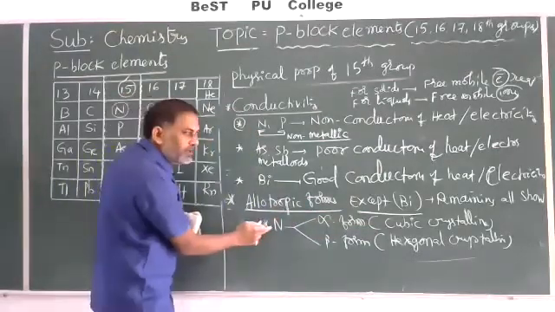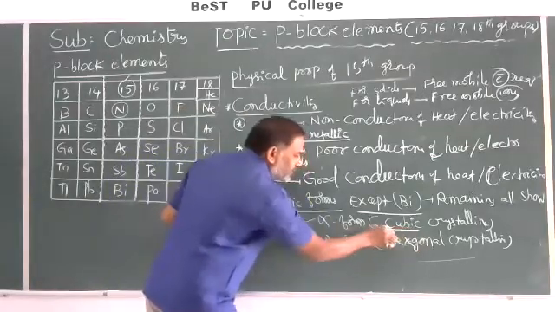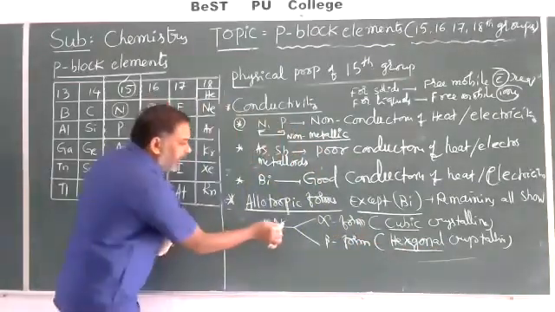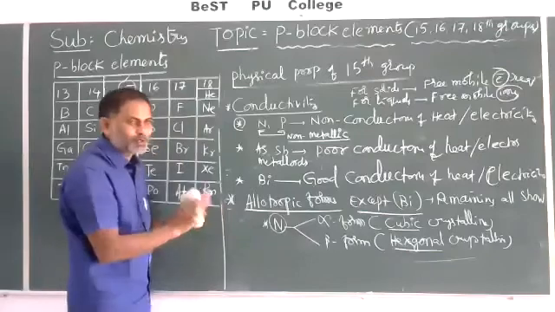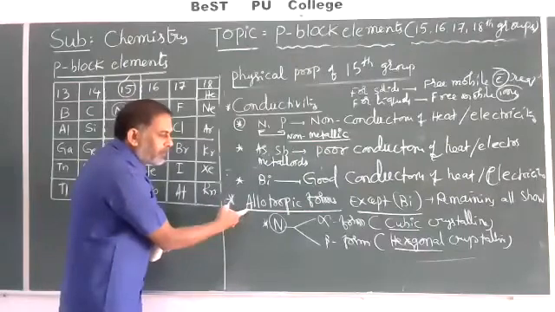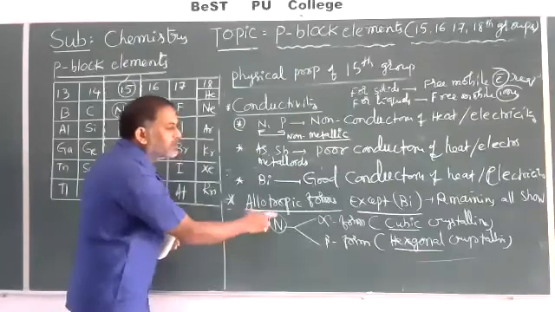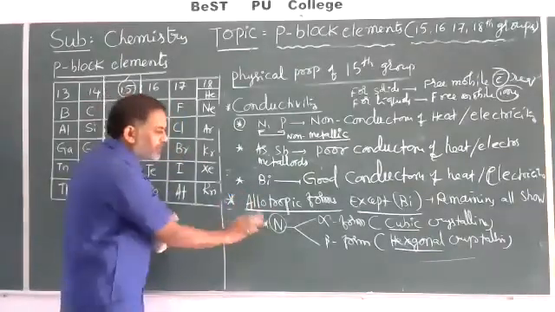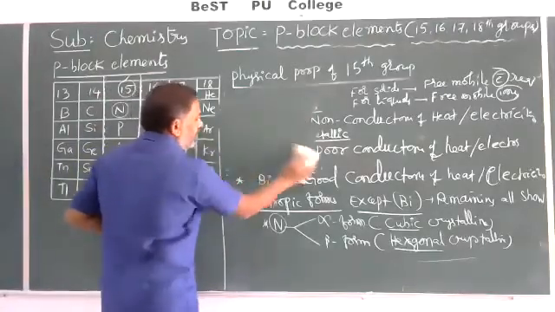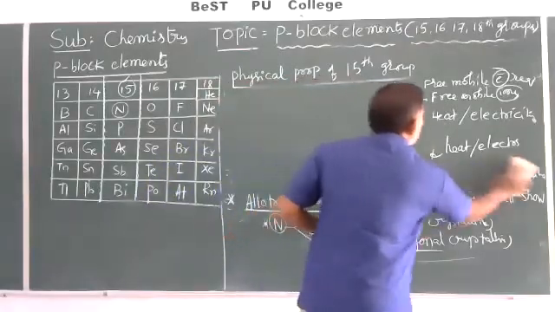See here, nitrogen at low temperature in solid state, the alpha form is a cubic structure. Beta means hexagonal crystalline structure. Two important forms, but the atom of the element is the same, nitrogen only. That is allotropic form. Any substance exists in more than one form, but the composition is the same, nitrogen. Next, phosphorus.